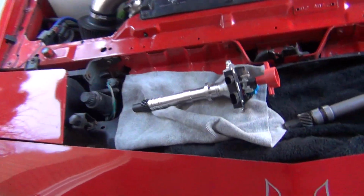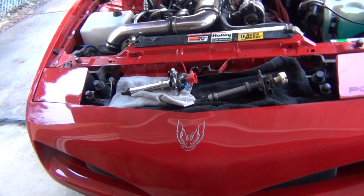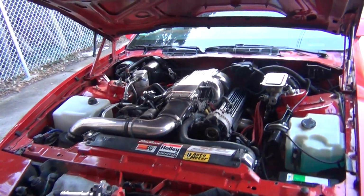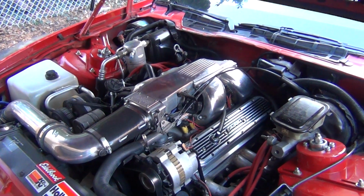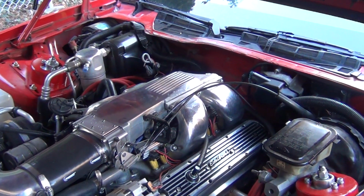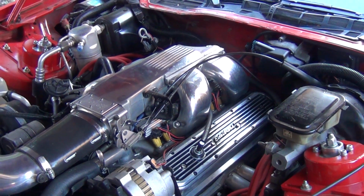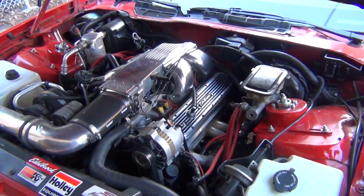I had this one sitting in my bedroom brand new, like for 3 years now. And I'm like, time to put it in. I'm glad I had it on hand. So what do you guys think? Do you guys think that that's what happened? Did the distributor fail, possibly? Coil or more? I mean, I'm changing out...